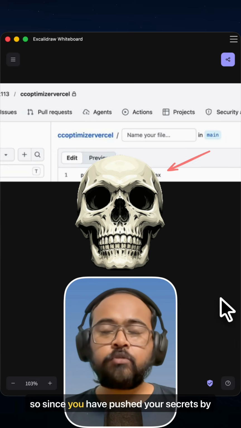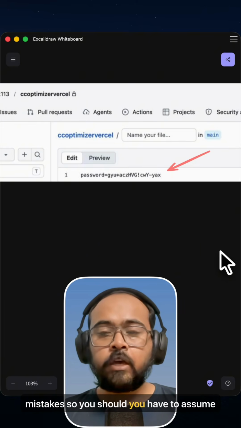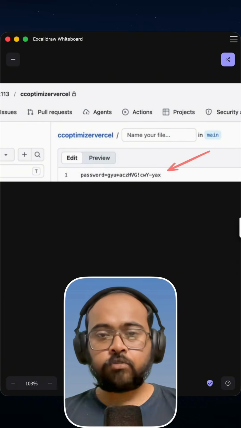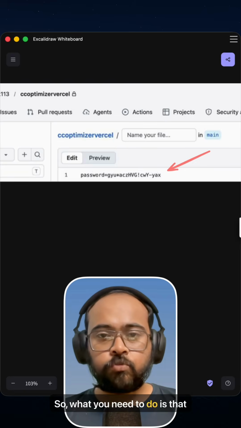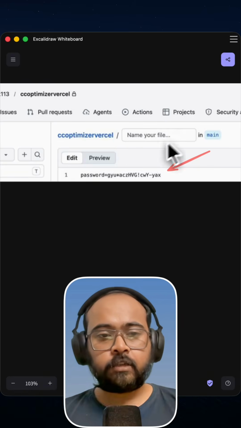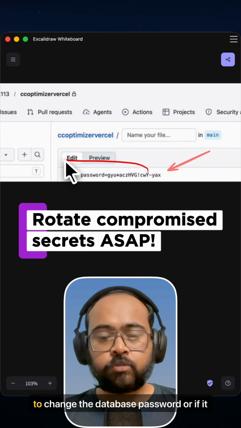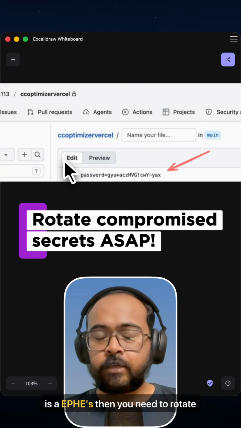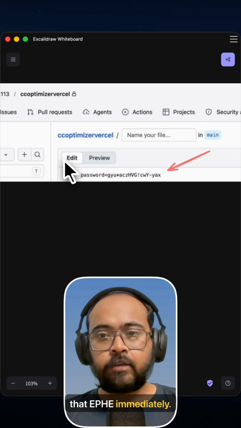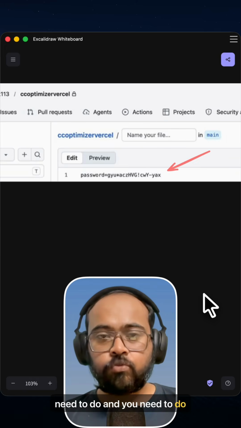Okay, I'm just kidding. Since you have pushed your secrets by mistake, you have to assume that it's already compromised. Okay, so it's compromised forever. So what you need to do is immediately revoke those credentials. Suppose this is the database password, you need to change the database password, or if it is an API key, then you need to rotate that API key immediately. And this is the first thing that you need to do, and you need to do it as soon as